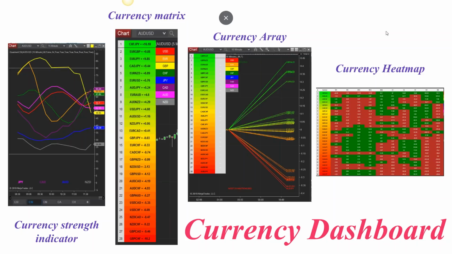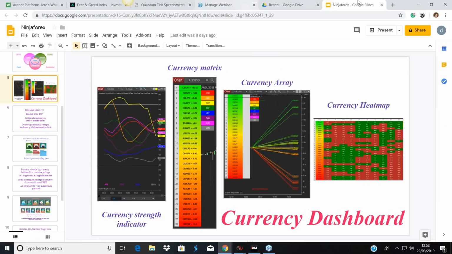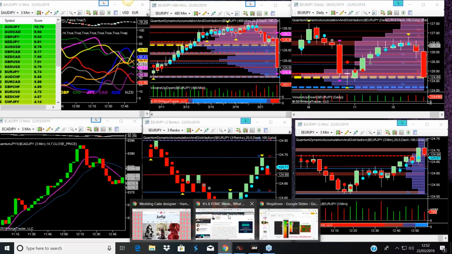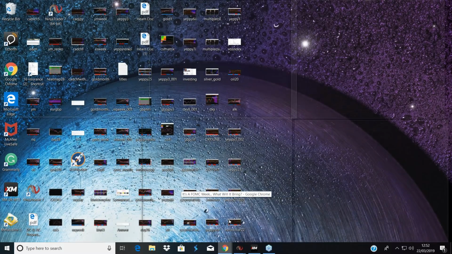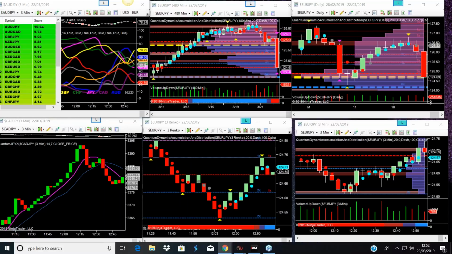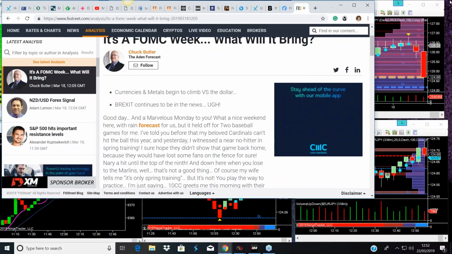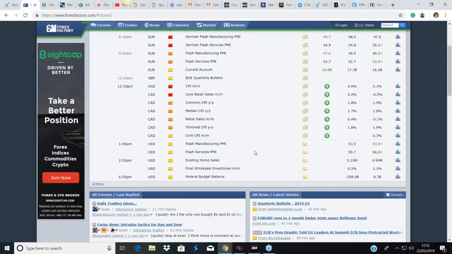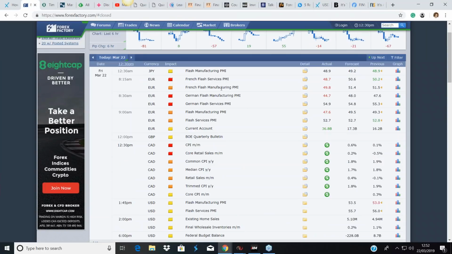And today, in particular, at the moment, what has been happening, where we've had this huge move in the euro, which has been sold off very, very dramatically, as I said, as a result of the flash PMI data which came in. And I just want to bring up Forex Factory. Here we are. Just look at these numbers that we've had here.